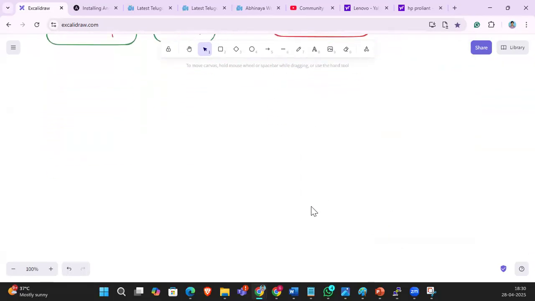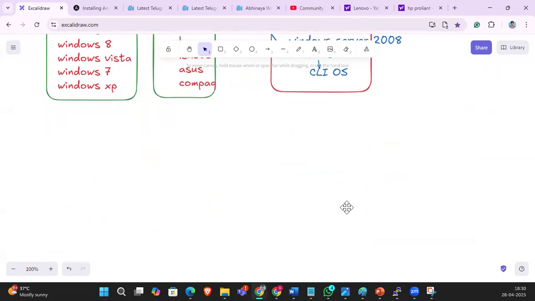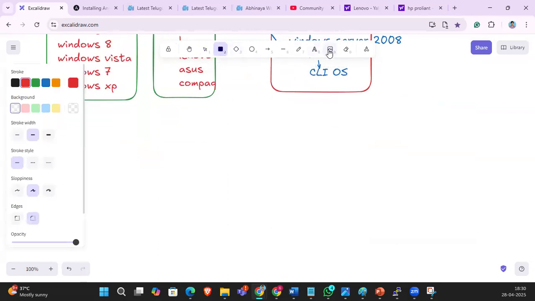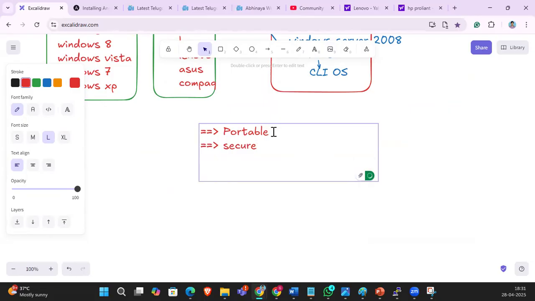So Linux is popular as a server OS, a multi-user OS. Why is Linux popular? Because it is portable, secure, and CLI.